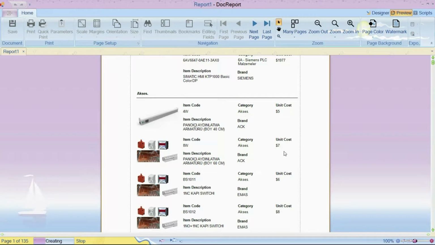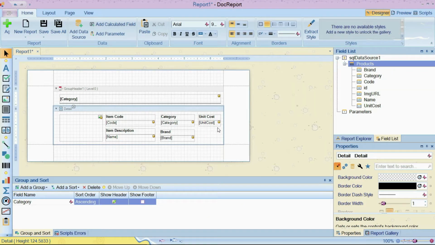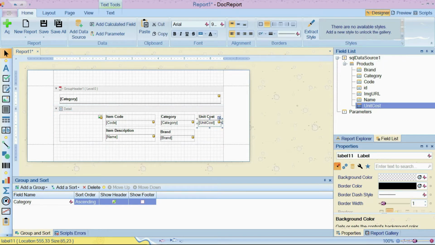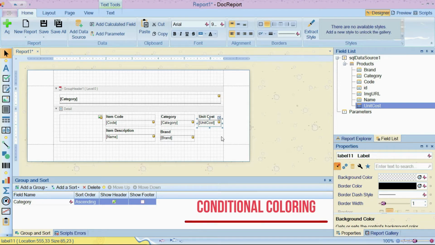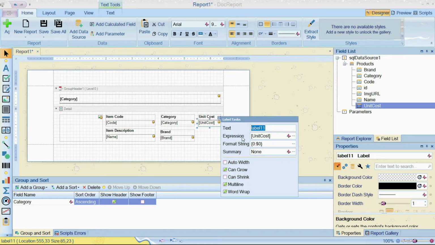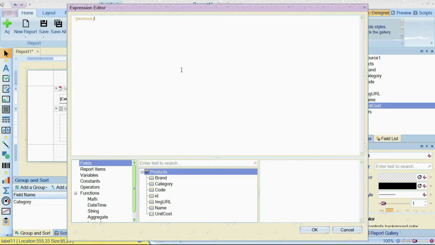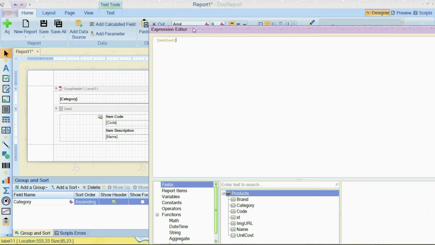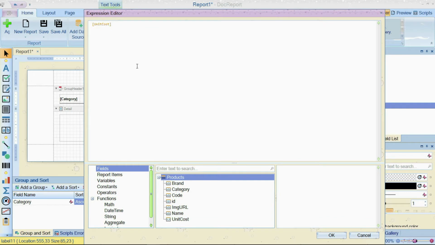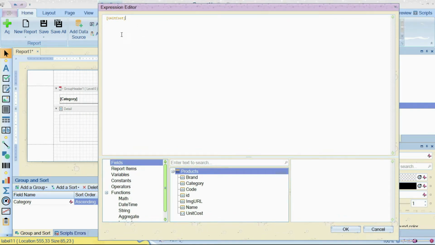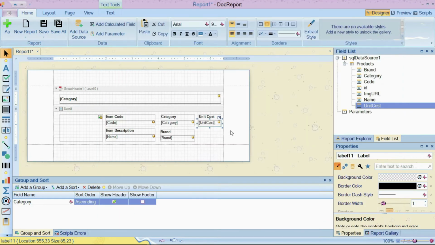And as you see, how we can make dynamic colors for some specific fields. I'm going to make an example. Let's say if the cost is lower than $10, let's make it red. For that, click here. We are going to define an expression. These kinds of things happen via expressions. Click here and we can start writing our rule in the expression editor. This is very flexible. You can define many expressions according to your algorithm, your design. For color,